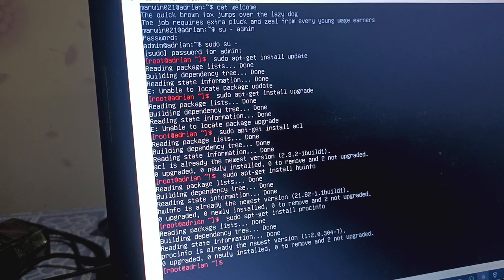There are some questions that I have to answer. The man and info pages help the administrators in viewing the complete information about the commands and what hardware to look at.